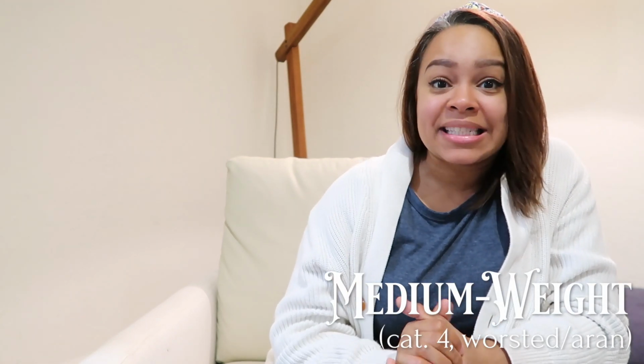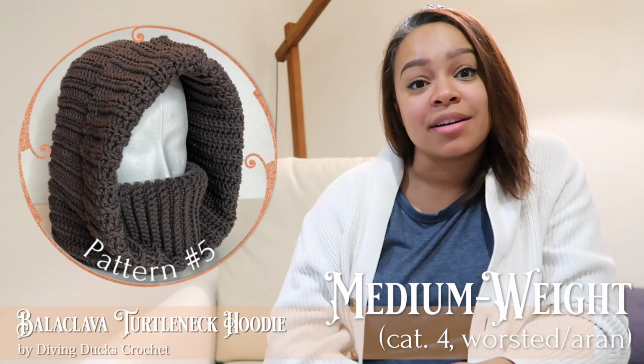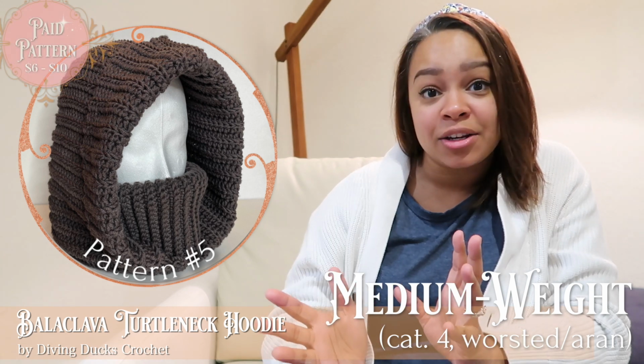Okay, we are now going to dive into our medium weight yarn category. Again, I have grouped in here the Aran weight yarn patterns as well because I believe they can be quite similar. The first pattern in this medium weight category is the Balaclava Turtleneck Hoodie by Diving Ducks Crochet. This is in that $6 to $10 range for the paid patterns,